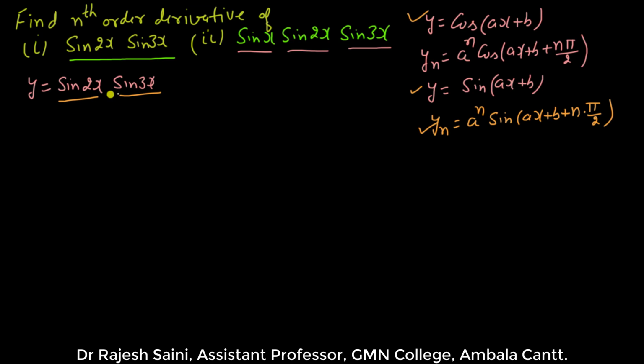But here is the product, neither is there a plus or minus sign in between, so that we could just take the derivatives separately and then add or subtract them. This is not the case. Here they are in product. So what we can do, we can write over here sin 2x sin 3x,